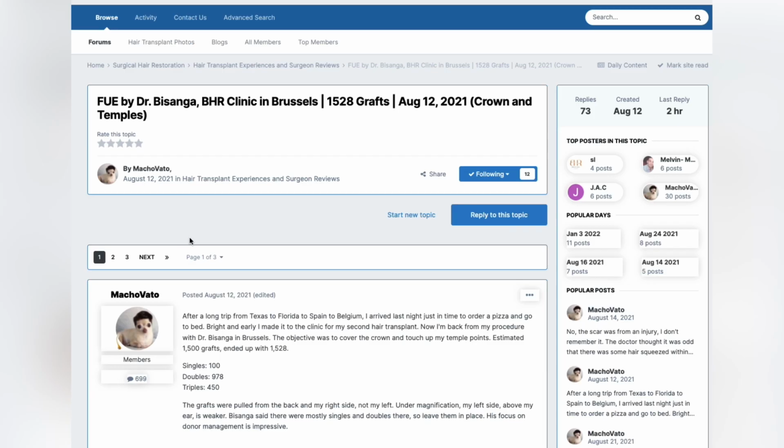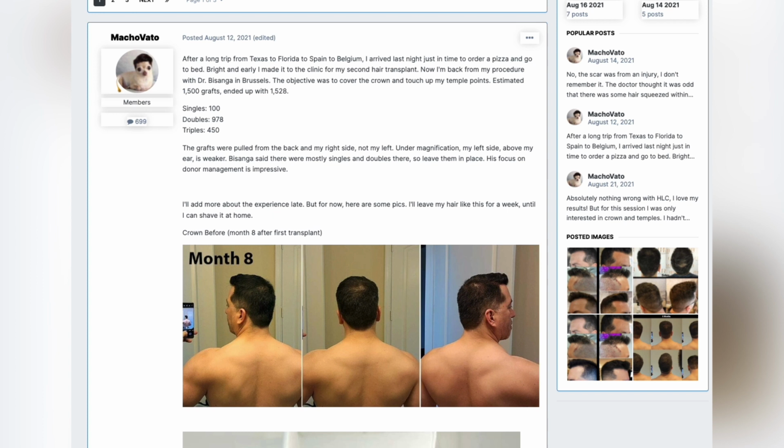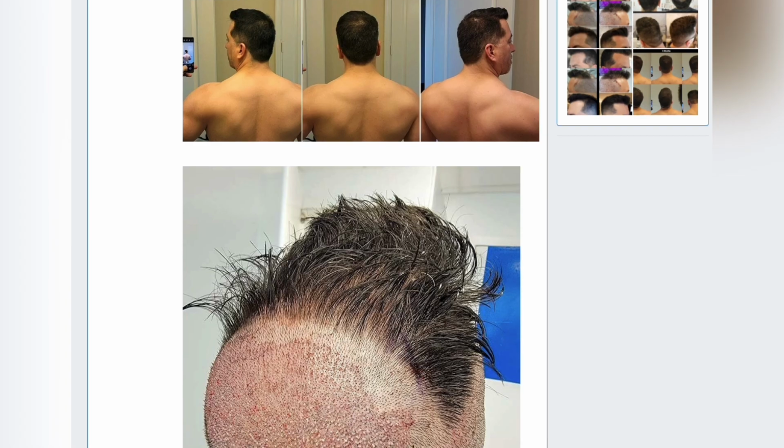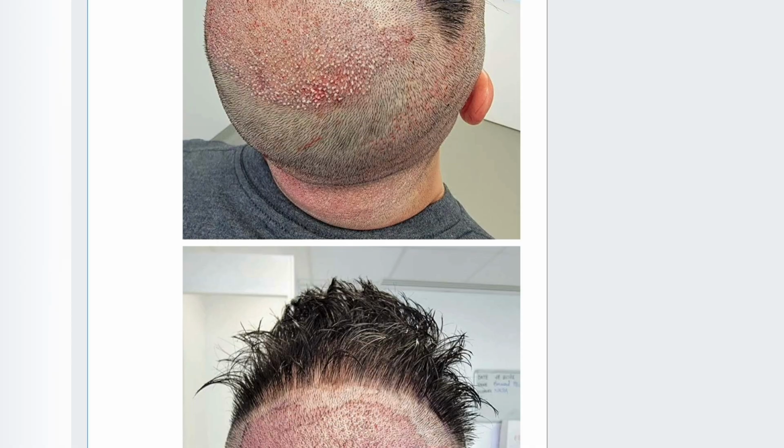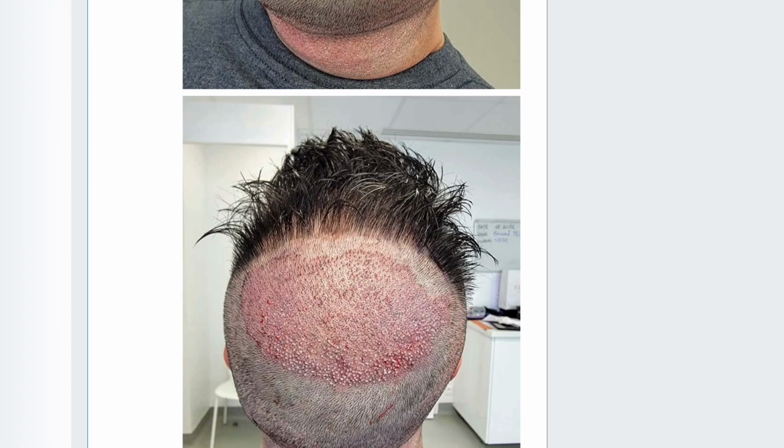So thank you to Matt Giovato for his documentation and updating of Dr. Bisanga's FUE case. Not a massive FUE case in terms of numbers, but quite unique in that this patient had previous surgery elsewhere, looked very good, wanted to increase density in the crown, and of course we need to make sure that we can